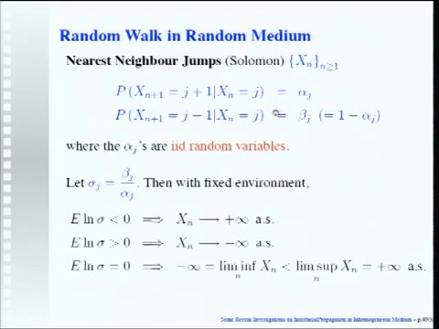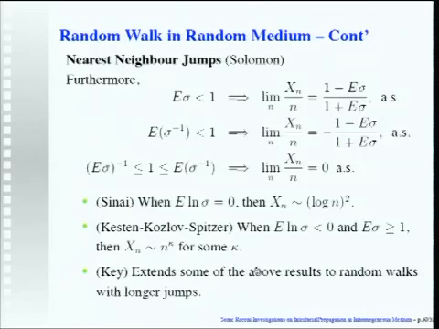He looked at this random walk with the hopping rates being independent random variables, and depending on the statistics of these hopping rates, you can have convergence to infinity and negative infinity, which are the transient states, and these are the recurrent states. But we are more interested in the quantitative computation, which has also been done in this case. Solomon did explicit computation for the effective velocities in various settings, and in the critical